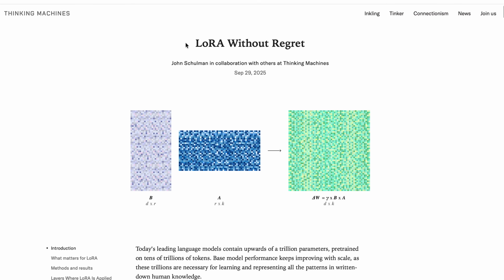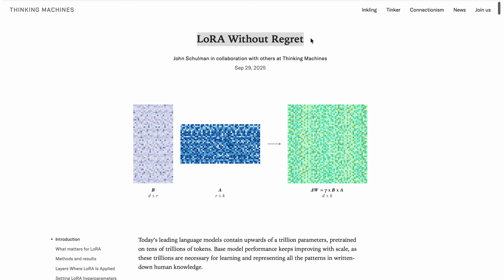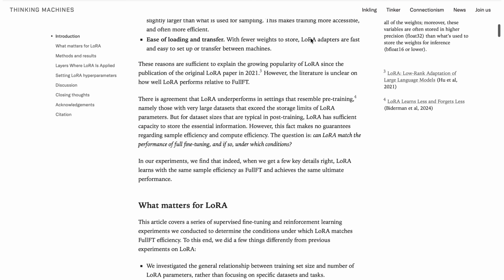And here's the current best practice update that you need to know. Because this is exactly the kind of thing that separates somebody who's reading a 2022 tutorial from somebody who's actually building it today. So there was a long held belief that LoRA is a compromise, that it is always going to trail behind full fine tuning. Late last year, Thinking Machines Lab, the team with Mira Murati and John Schulman behind it, published research called LoRA Without Regret that basically retired that belief for the common case. Their finding is that in the normal post-training regime, LoRA matches full fine-tuning while using two-thirds of the compute, as long as you configure it right.